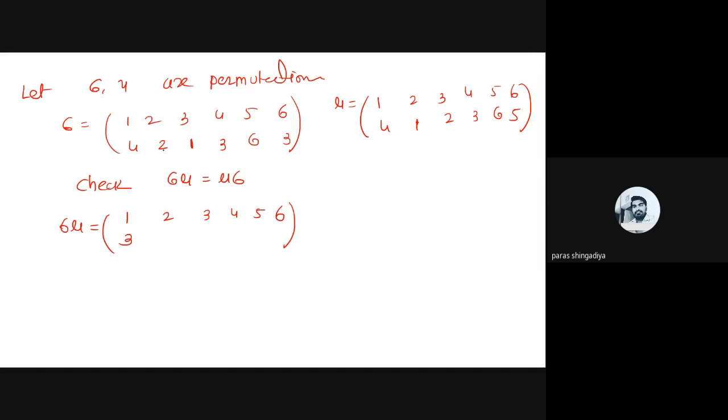Then 2 goes to 2, the output of 2 in the mu is 1, so here it is 1. 3 goes to 1, the output of 1 in the mu is 4, so here it will be 4. 4 goes to 3, the output of 3 in the mu is 2, so here it is 2. 5 goes to 6, the output of 6 in the mu is 5, so here it is 5. And 6 goes to 3, the output of 3 in the mu is 2, so the output of 6 will be 2 here. So sigma mu is 3, 1, 4, 2, 5, 2. And then after that, mu sigma,